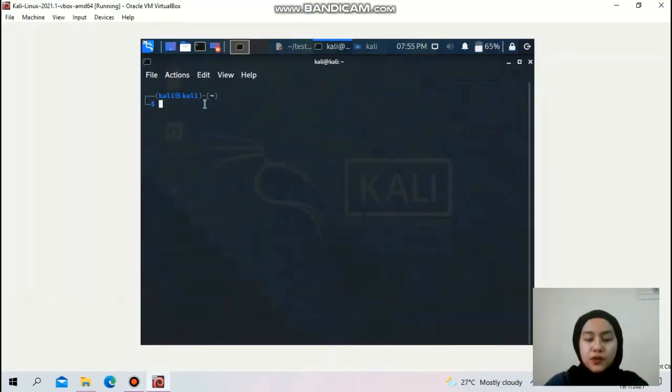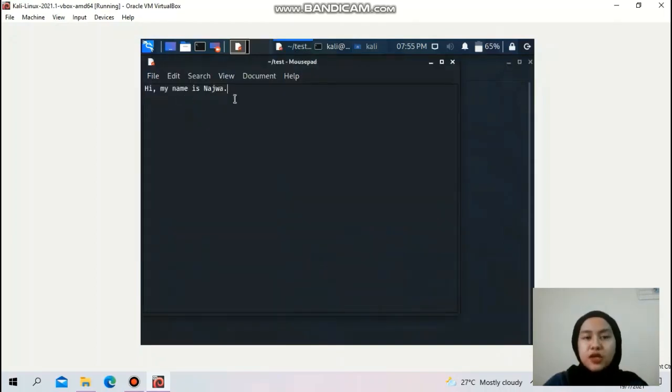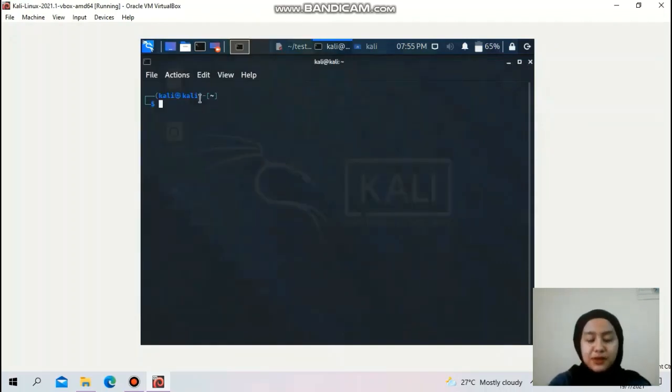Alright, so now we want to start encrypting and decrypting, using asymmetric encryption first, where we encrypt using the public key and decrypt using the private key. For this example, this is within the same folder. Here I have a test file that I want to encrypt. To encrypt, we need to generate a public and private key first. So to generate a private and public key, we need to type this